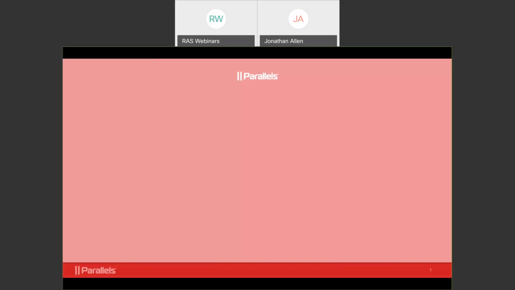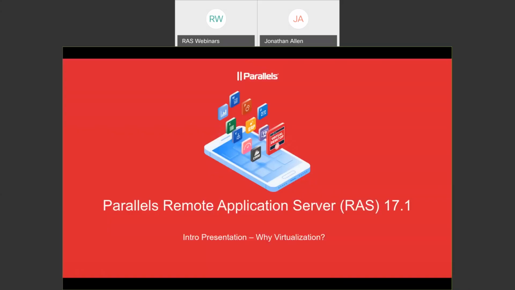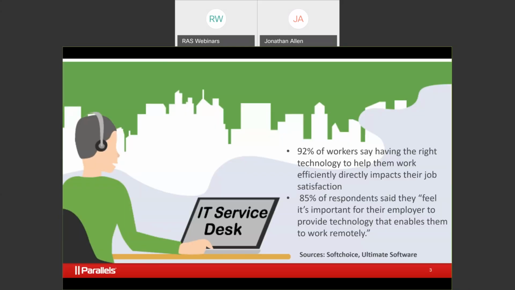And again, this is what we call an intro presentation, an intro into why you would take a look at Parallels remote application server, why you would take a look at virtualization in its own setup. Right now, for most organizations that are IT help desk driven or IT services driven, there's a challenge going on right now about how technology is directly affecting your end user community and what's important to your end user community.